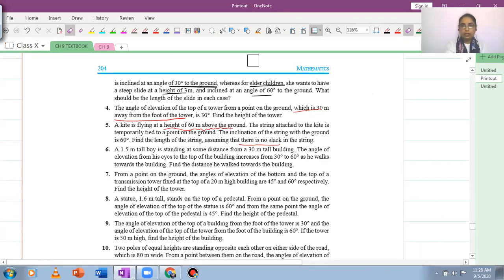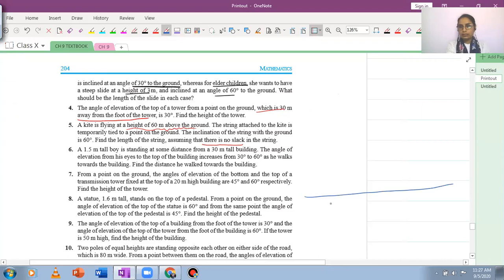So I'll just roughly try to show what happens here, and then you can observe which triangle you're going to work with. So let us just say that this is the ground level. So the boy is standing here. Let's name the boy as AB, and then there is this building, comparatively taller. Both of these will be perpendicular to the ground, and kindly ignore that I have drawn the ground quite inclined a little here. So ground will be horizontal, the objects will be vertical, and ensuring that the object with a height will be perpendicular to the ground. So height of the boy is given as 1.5 meters. The building's height is 30 meters.